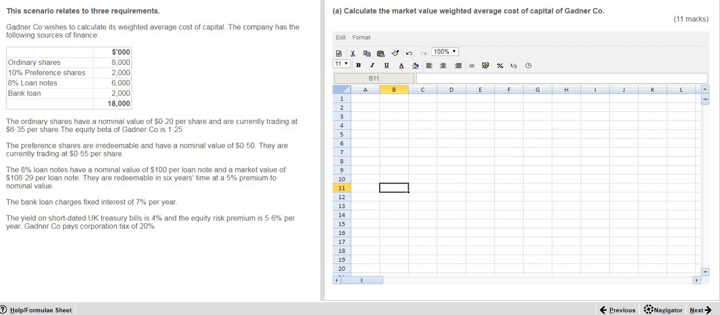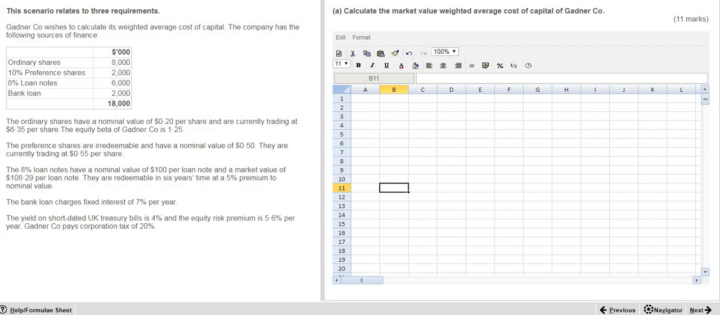The bank loan charges a fixed interest rate of 7% per year. The yield on short-term dated UK Treasury bills is 4% and the equity risk premium is 5.6% per year. Gardner Co. pays corporation tax of 20%. Now, the examiner